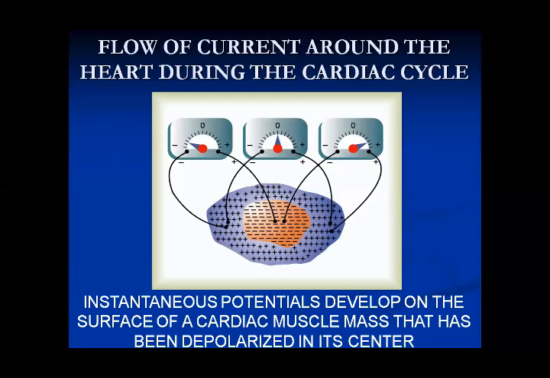What is an isoelectric line? An isoelectric line is a line when there is no difference in polarity in different parts of the heart. So it's a straight line, right? Above this is positive, below this is negative, right? I hope that by now this should be clear. I'm very much hopeful that by now this should be clear.